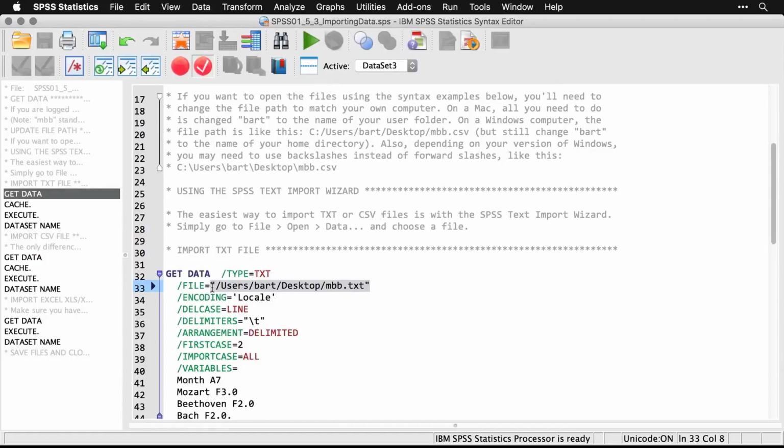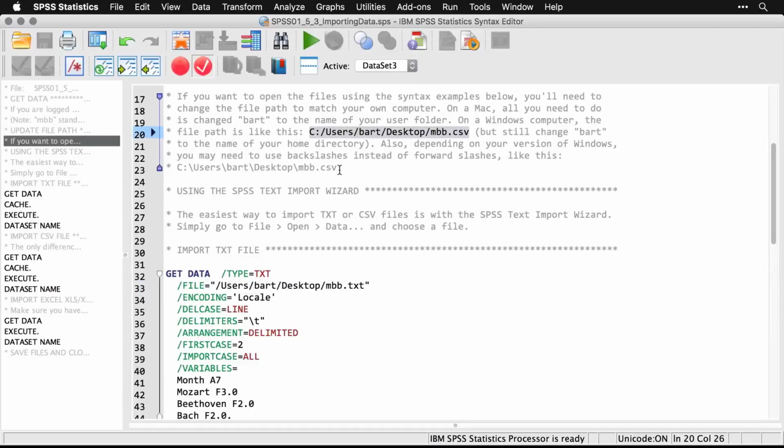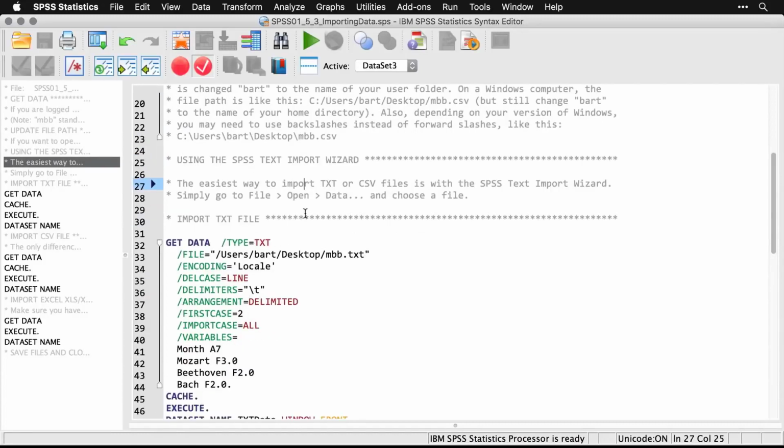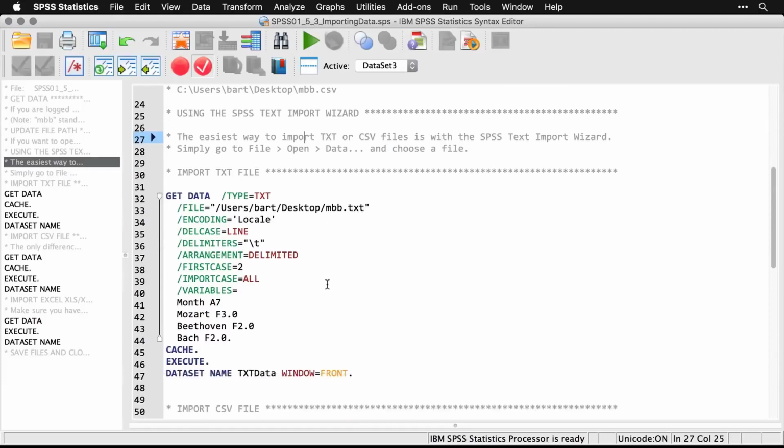Of course, you'll want to change Bart to be the name of your home directory. If you're on a Windows computer, you're going to need to change it to something a little more like this, or possibly, depending on the version of your operating system, using backslashes instead. Anyhow, I'm going to show you how to import each of these, and I've got the duplicate information here in the script in case you want to run it that way,